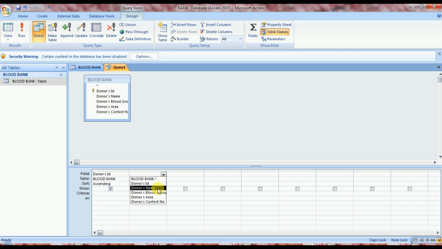Then move on to the next field. Once again select another field. Which field do I require now? Donor's name, we require it now. Donor's name also reflects on blood bank. Okay, then the next field is blood group. Which blood group do we require? So once again we select